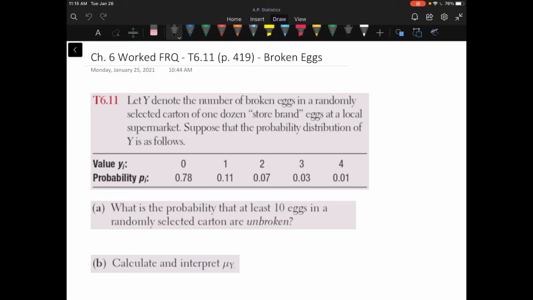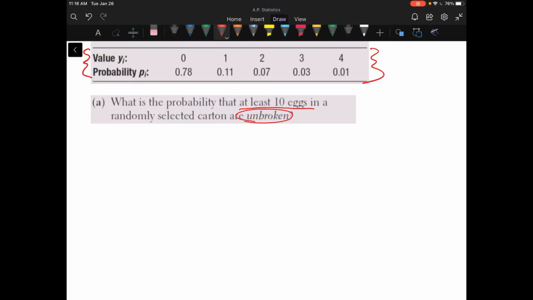Alright, so here's our next example. In this example, we're talking about the number of broken eggs in a randomly selected carton of 1 dozen store-brand eggs at a local supermarket. Suppose the probability distribution of y, right, and we're using y here, is as follows. Alright, so we have our little probability distribution here, and we want to answer what is the probability that at least 10 eggs in a randomly selected carton are unbroken. So this means that I can have 10, 11, or 12 unbroken eggs,